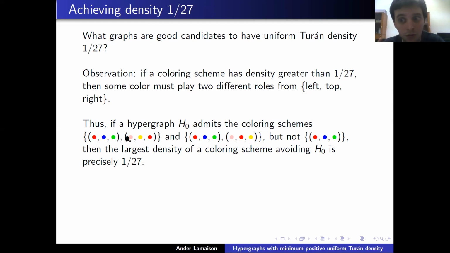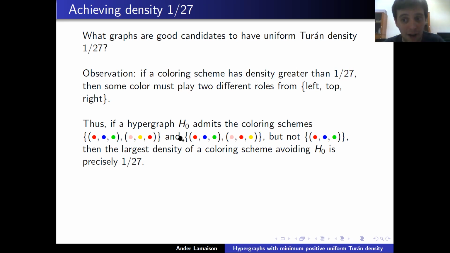and these two coloring schemes are the ones that have two triples which only share one color, and in the first one the shared color is the left color in one of the triples and the right color in the other, and in the other case it's the left color in one of the triples and the top color in the other. And the third case in which you would have top and right is equivalent to this one, just reversing the ordering of the vertices. But if you have some hypergraph H0 which admits these two coloring schemes,